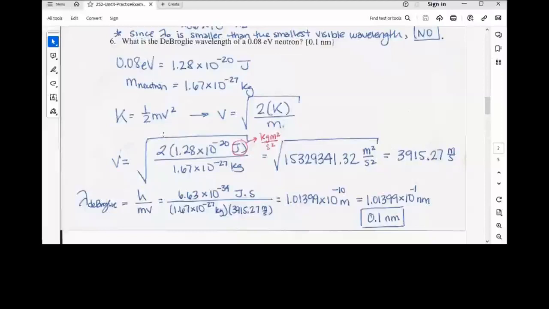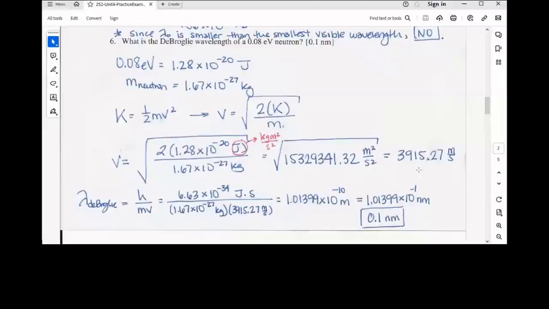And then I could just take the kinetic energy expression. So one thing that's subtle here is that de Broglie wavelengths are associated only with objects that have mass and are not stationary. So I know the type of energy associated with this neutron would have to be kinetic because the neutron has to be moving. Rearrange that expression to solve for v. I have twice the kinetic energy in joules divided by the mass. Once you take a square root, you get a velocity of